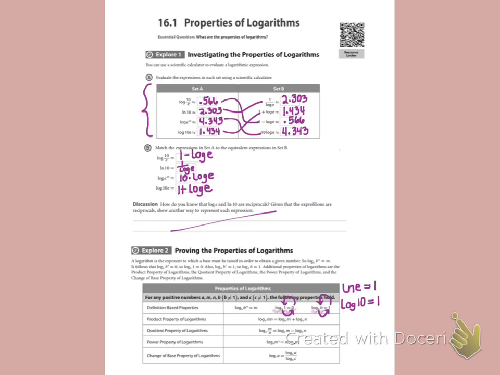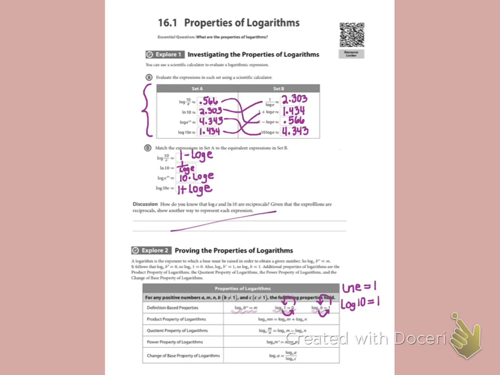And anytime the base and that result match, the exponent has to be 1. Because that's the only way we get the exact same thing as the base is if we're raising it to the first power. And then finally, as far as the definition-based properties, there's log base b of b to the m power is